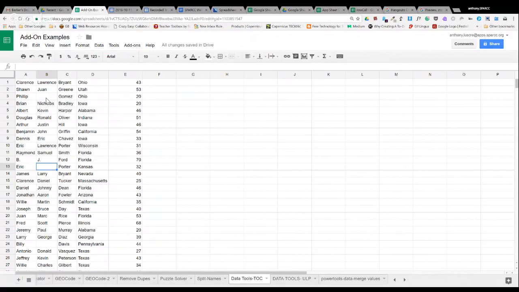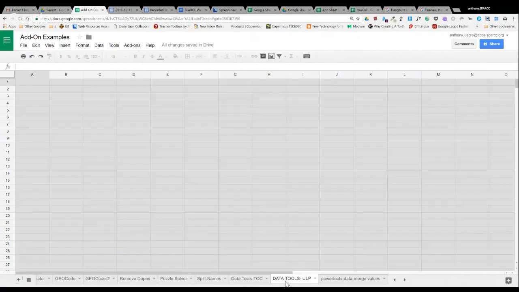So you notice that it was able to split it there, and in this case where we had abbreviations, BJ, it put them in the right spot. So that was pretty neat the way it did that. So that is one of the tools in Data Tools. Now, another tool in Data Tools